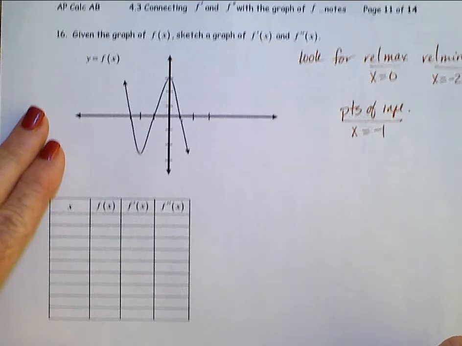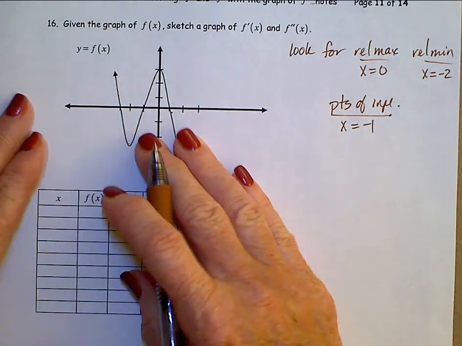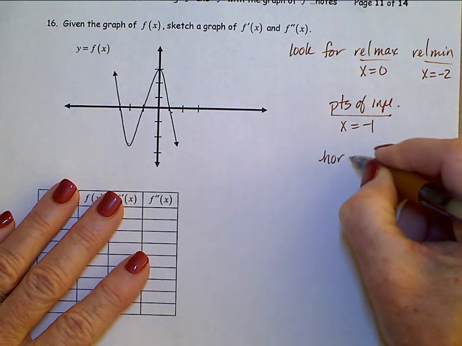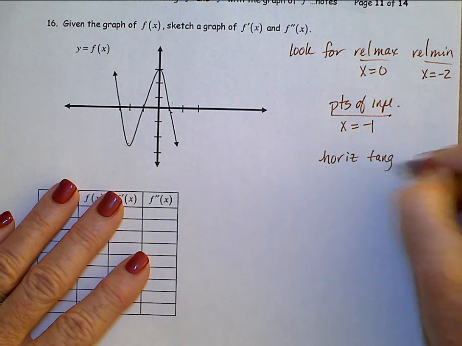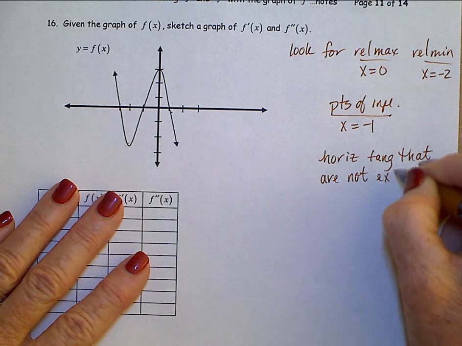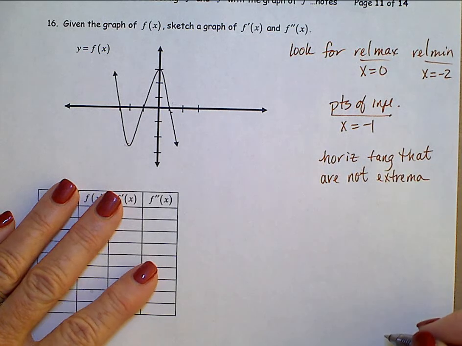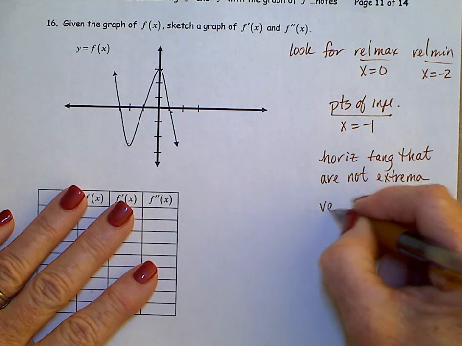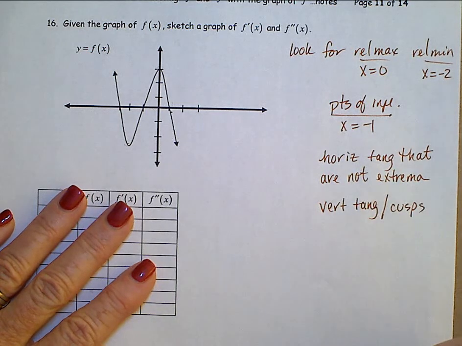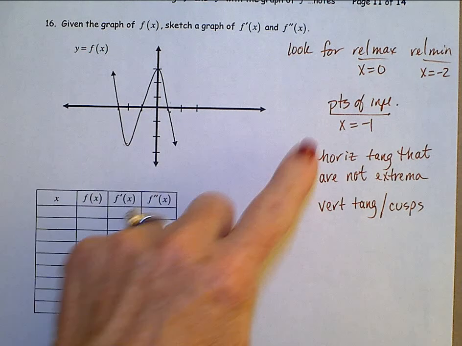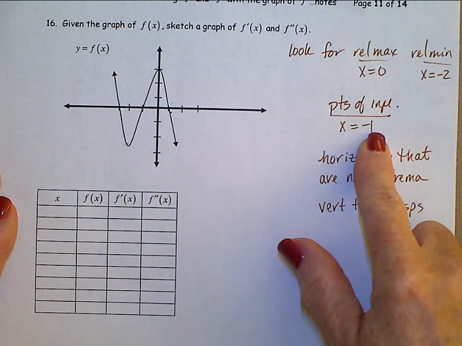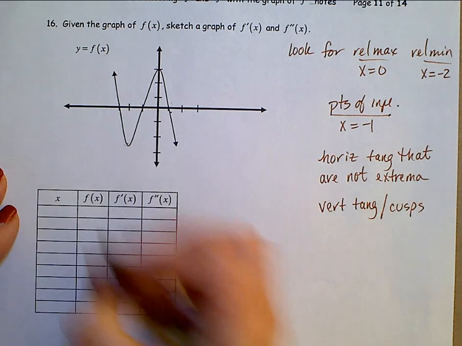Other things that you want to look for, they don't show up in this graph, but other things that you should look for is horizontal tangents that are not extrema. So not a maximum, not a minimum. You also want to look for vertical tangents and cusps. In this graph, none of these things are showing up. We only have information going on at 0, -2, and -1. If we set up this table over here now with that information,